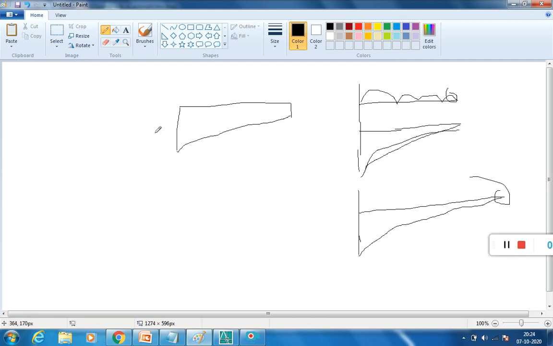To resist more moment you need more depth, so to make it economical the depth is varying. Such a section is called a taper section.